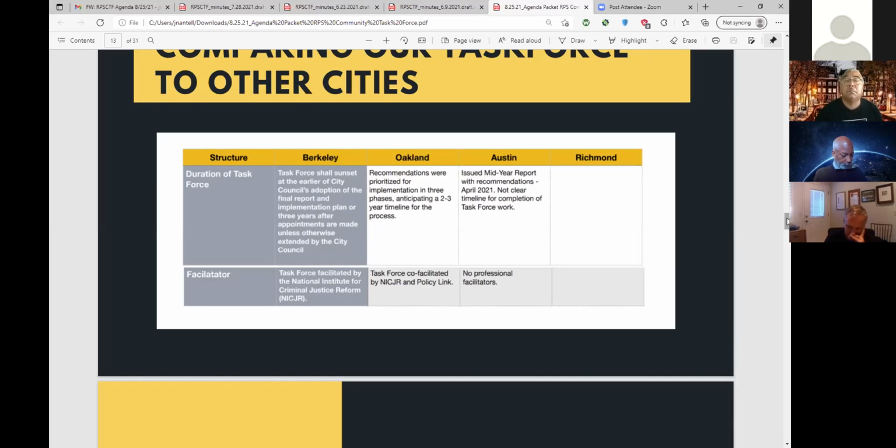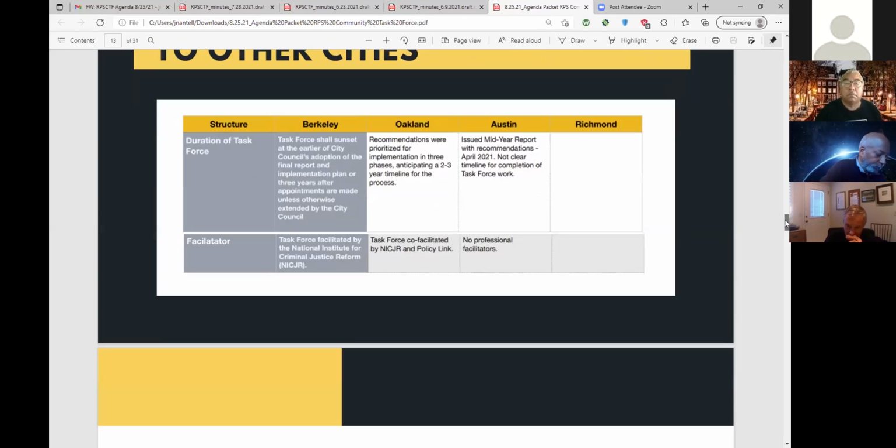But obviously for us, same as I'm sure is the case for other task forces, is making sure that the recommendations fulfill the vision that we laid out. And that's part of that monitoring process, right? To make sure that each of the programs is upholding what we envisioned. So having said that,